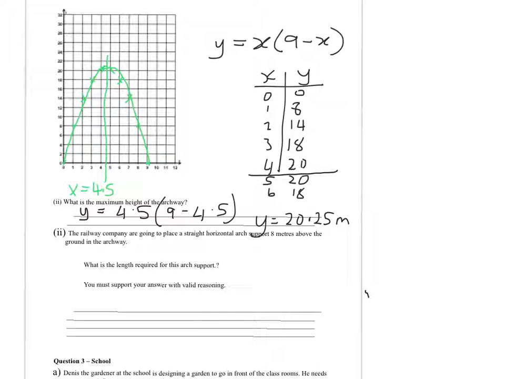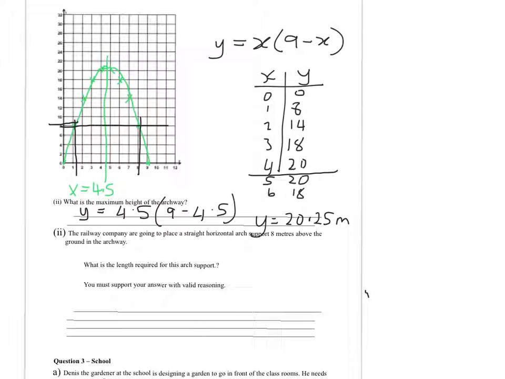That's the height of the middle of the parabola. Now they're going to put a support 8 meters above the ground. So if I go to 8 meters above the ground, that would be a horizontal arch support there. What length is required? So what's the length between there and there? Well, on the graph it goes from 1 to 8, so that arch support would be